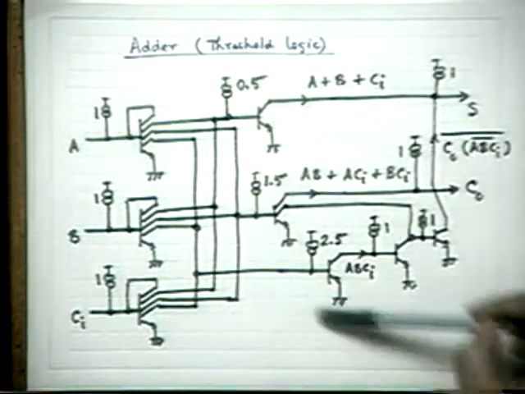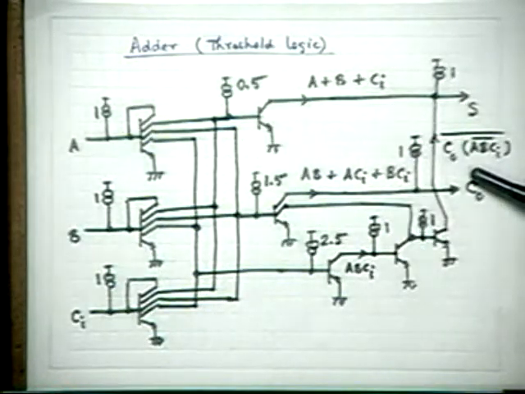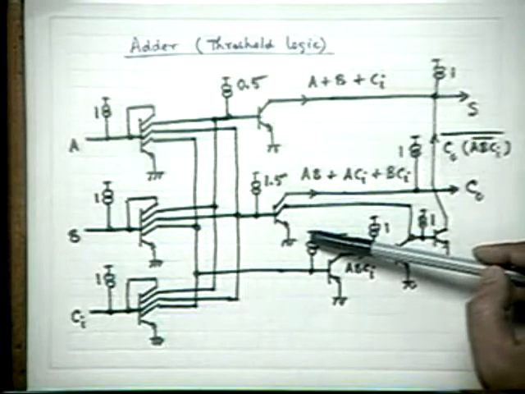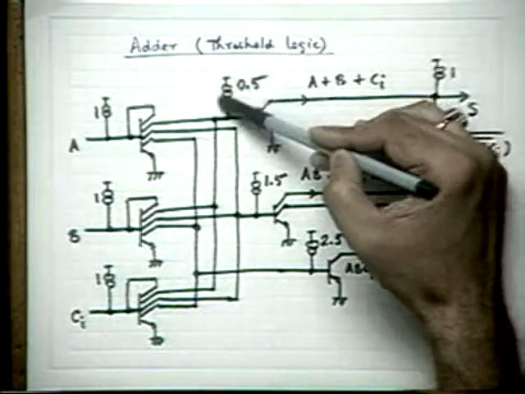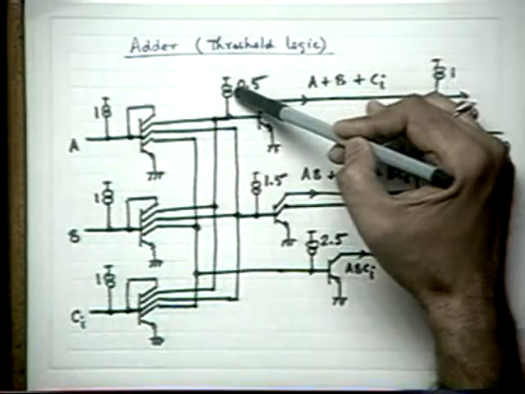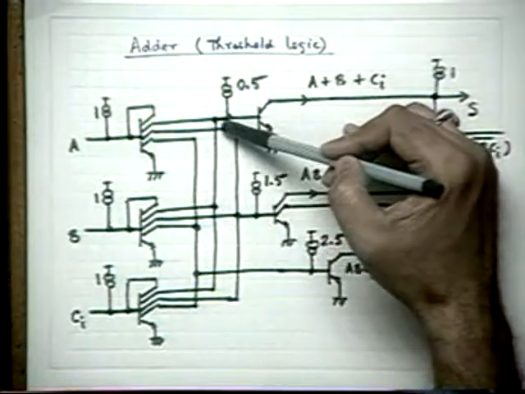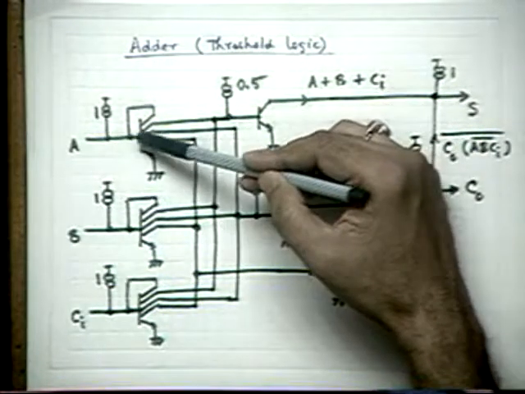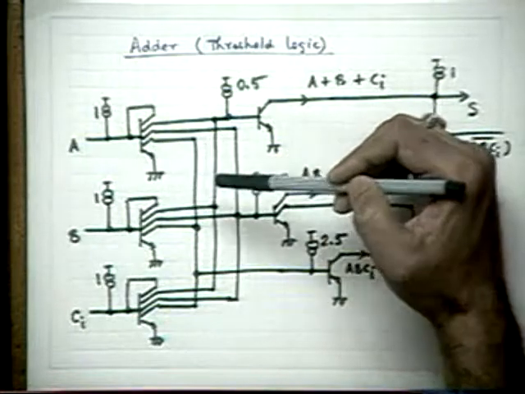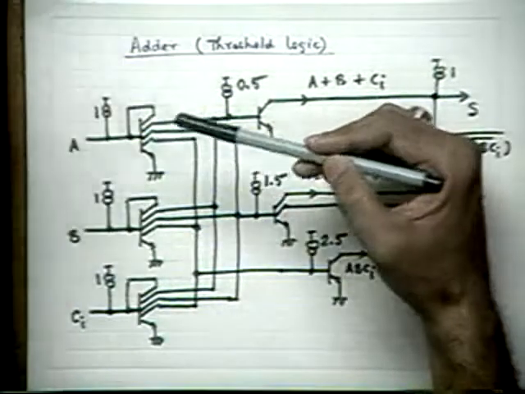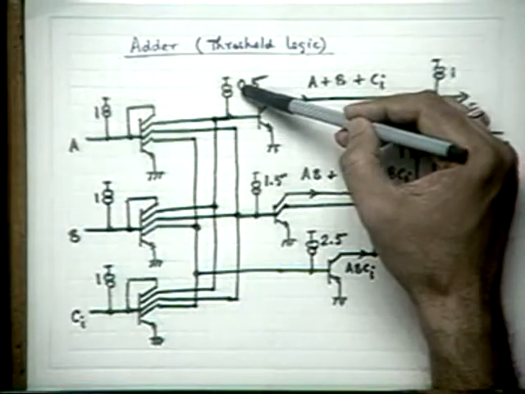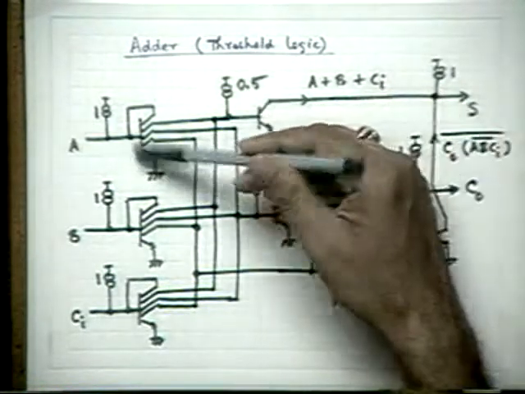Then this part is ordinary I square L. This part is ordinary I square L. One thing, please remember: suppose I have used 4 times this current source here. What will happen? Suppose these current mirrors are not there. Suppose all these feedbacks are removed and I have put 4 here. What is going to happen? Any transistor can sink the full current 4. Only thing is it may be overheated and all these problems.